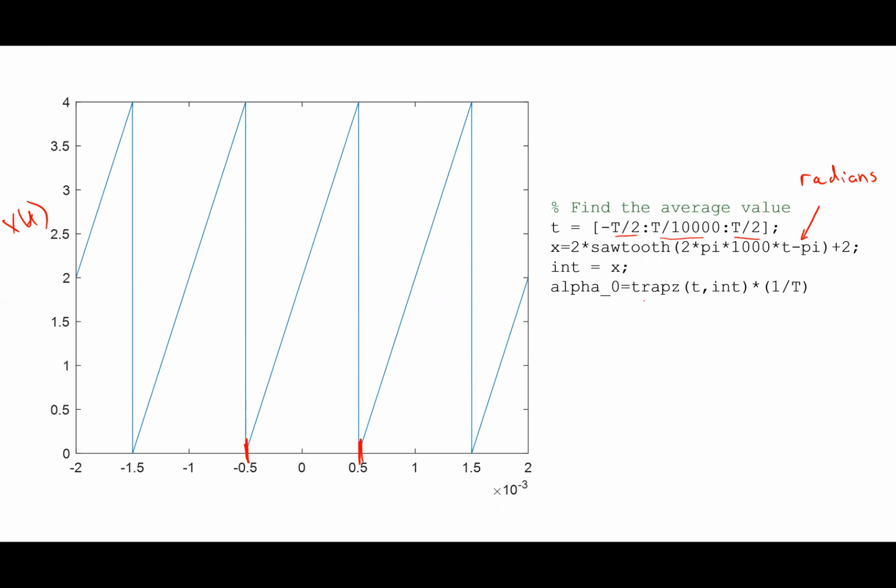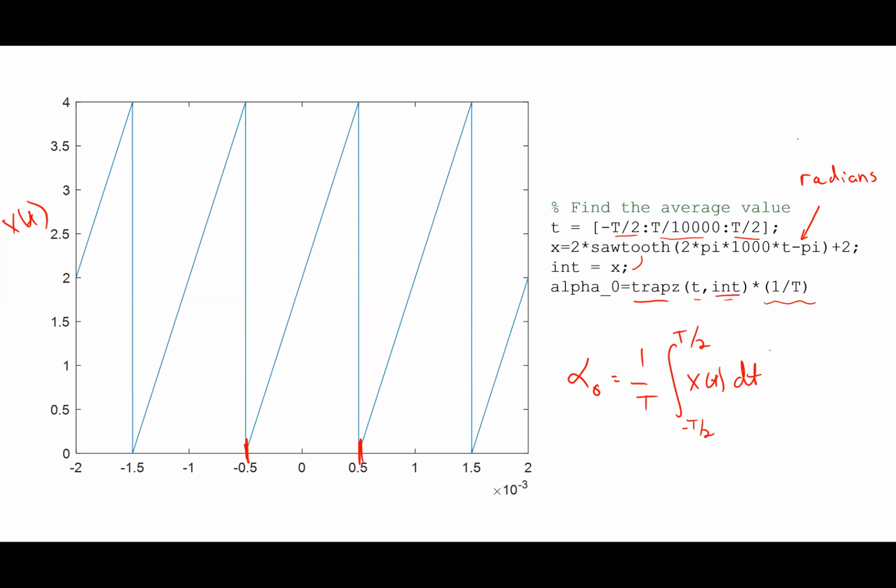Okay, I called this command trapz, which says I want to integrate the integrand I called int. So in this case, my integrand, the thing that I'm integrating, is just simply x. I loaded x into my integrand. And I said, integrate this integrand at the times outlined in the t vector, and then multiply that by 1 over T, because ultimately, if you remember what I'm trying to do, I'm trying to say alpha 0 equals 1 over T times the integral from negative T over 2 to T over 2 of x of t